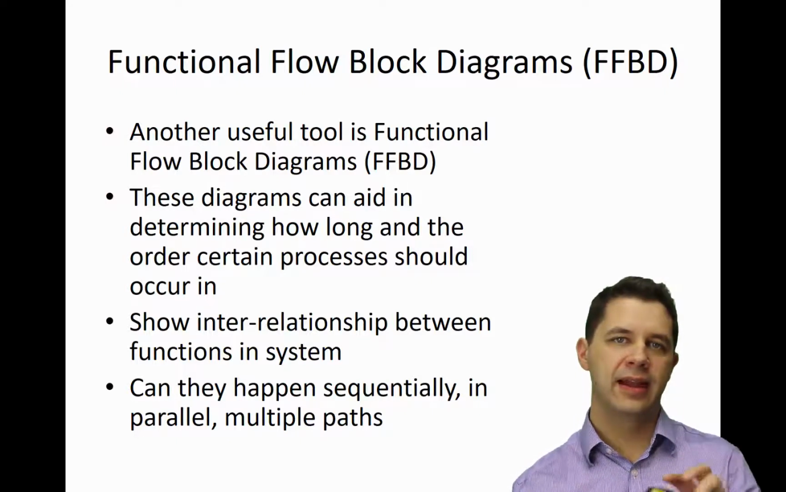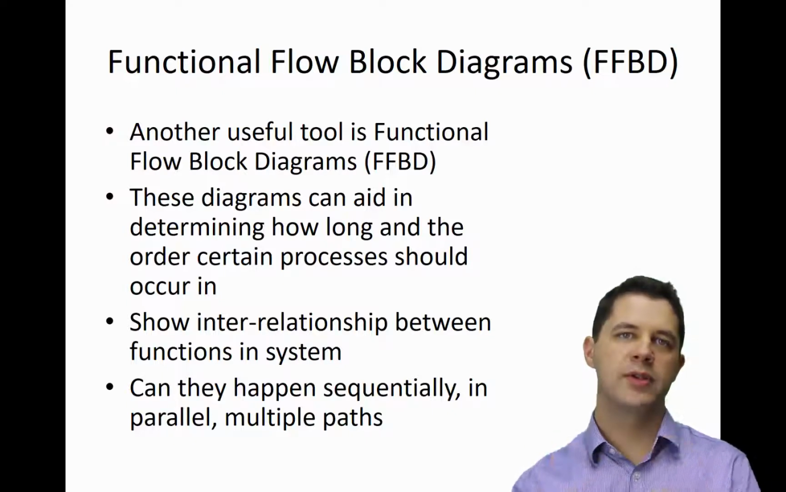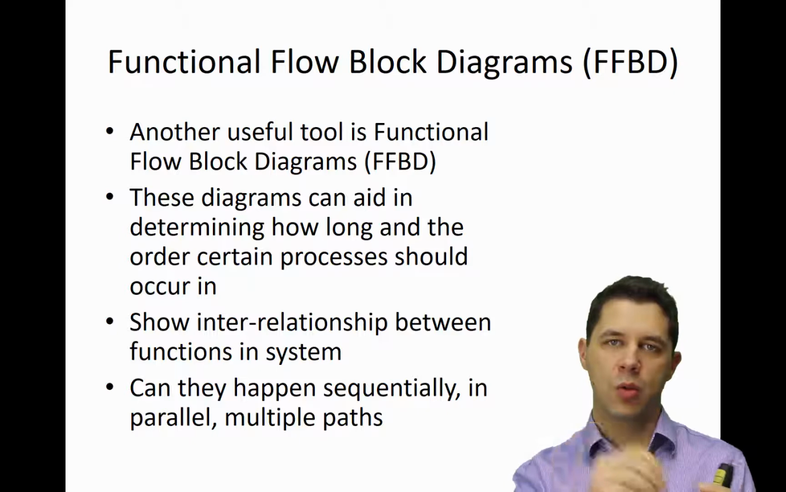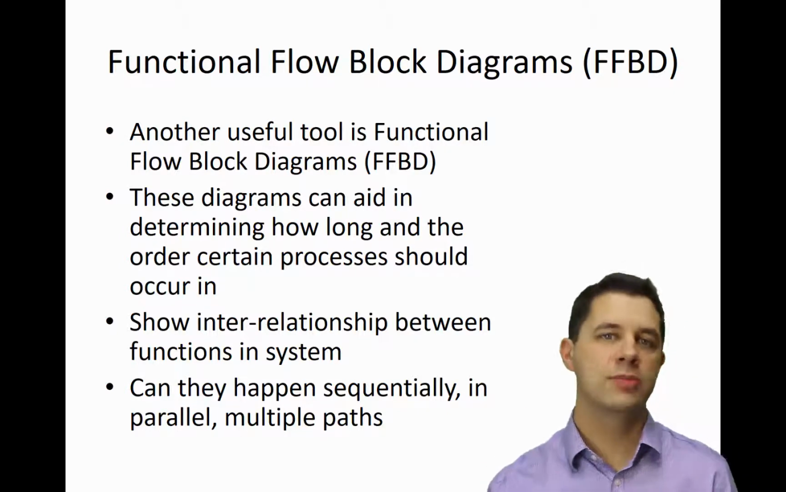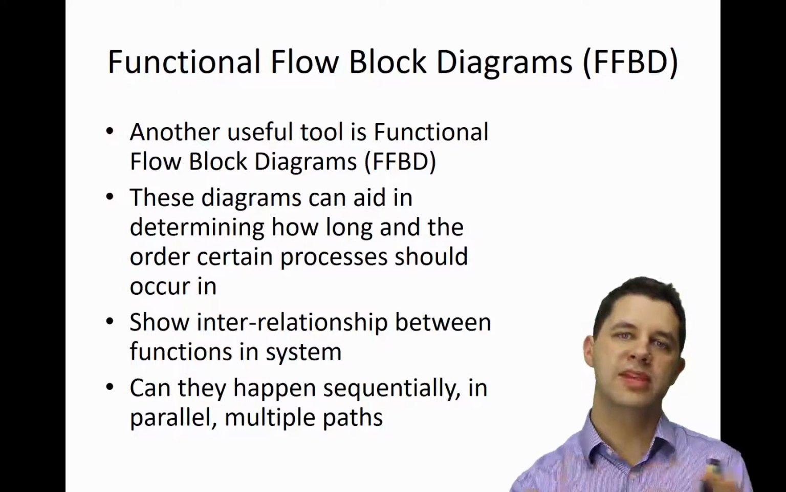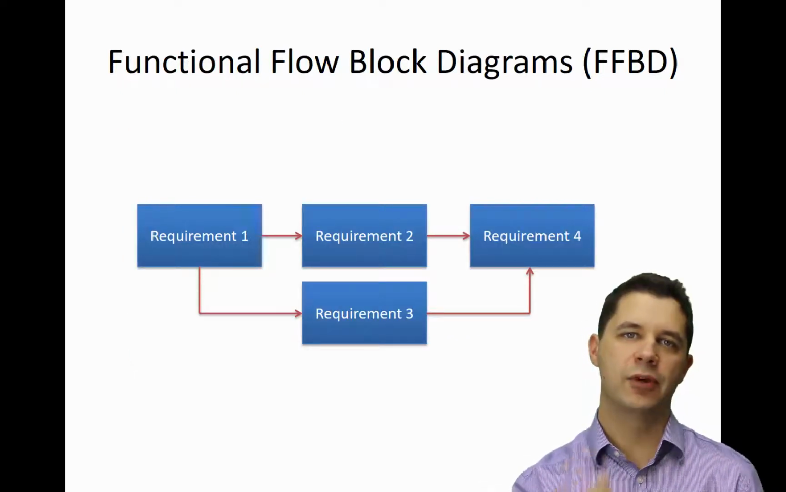And particularly, it allows us to show the interrelationship between functions or requirements within a system. Sometimes they can happen sequentially, one after another, and they have a specific order they need to follow. Sometimes they can operate in parallel, or sometimes there's multiple paths depending on some sort of a decision tree. And so we might have requirement 1, requirement 2 and 3 that can operate here in parallel, and requirement 4